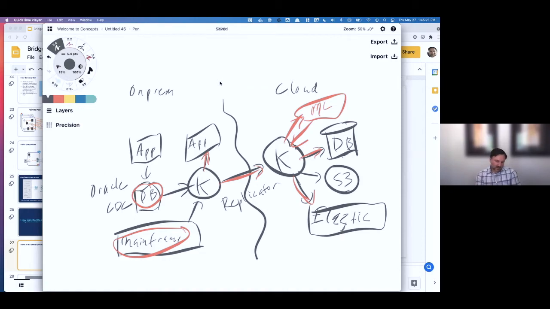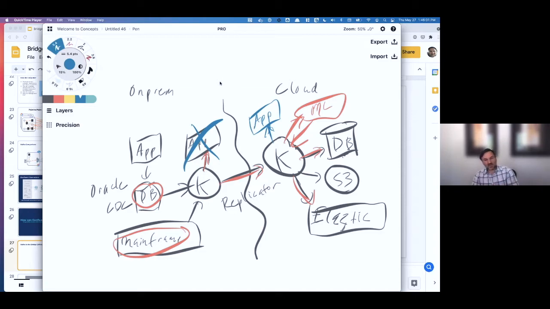So we can say, you know what, we're going to turn that app off and we are going to stand it up in the cloud. And again, instead of that app getting that data from Kafka on-prem, it's just going to grab it from Kafka in the cloud. And so everything stays the same with it. It's dramatically simplified, right? It doesn't have to worry about, well, how do I ensure that the networking is right, and how do I make sure the security is right, all of these other questions that have to be answered. They don't. That same architectural pattern works.